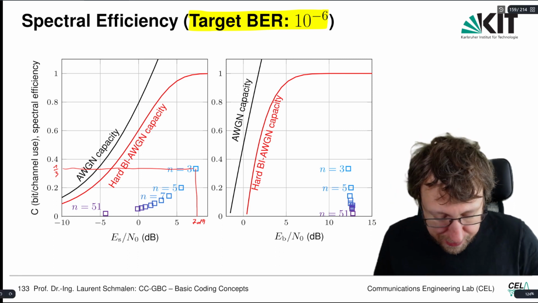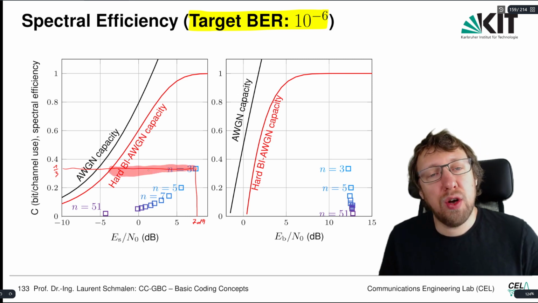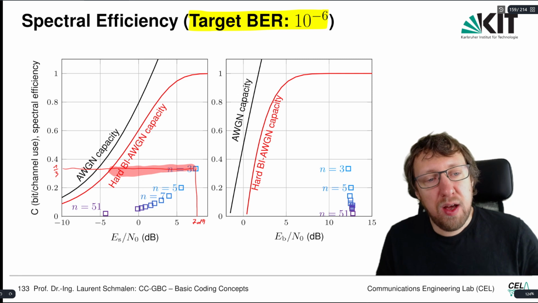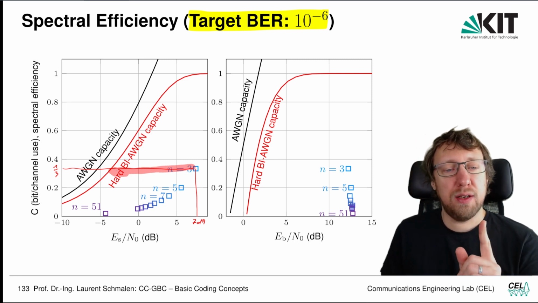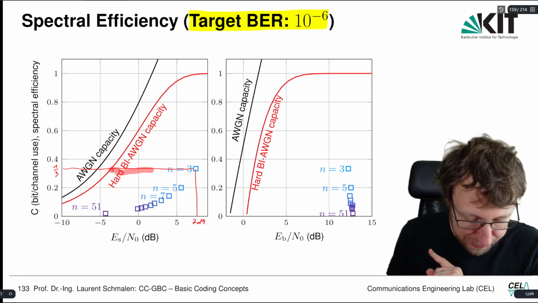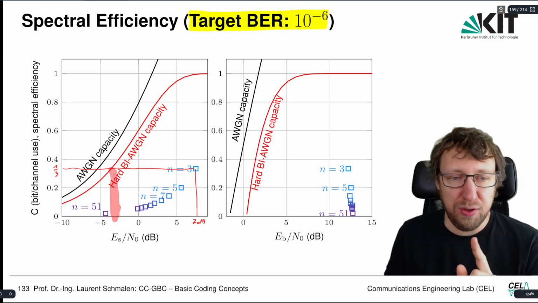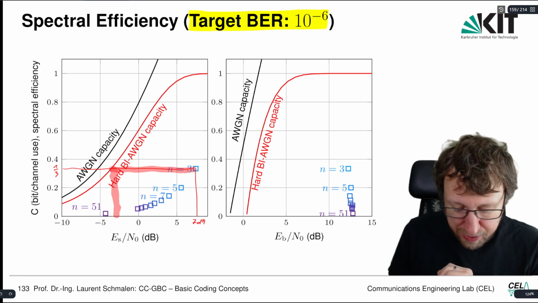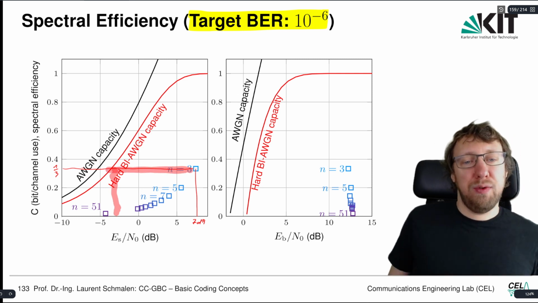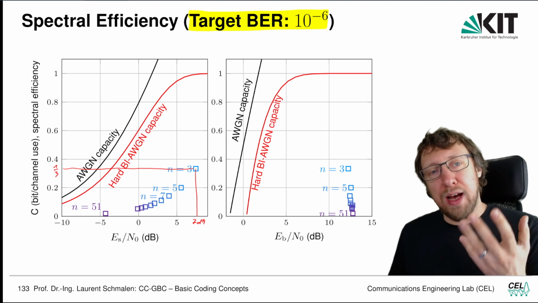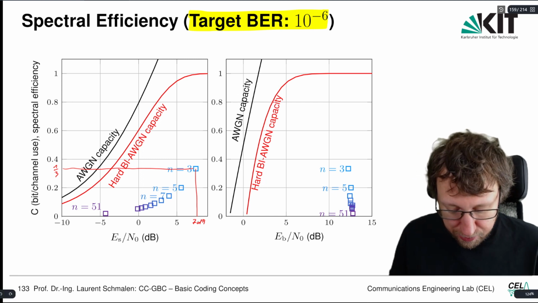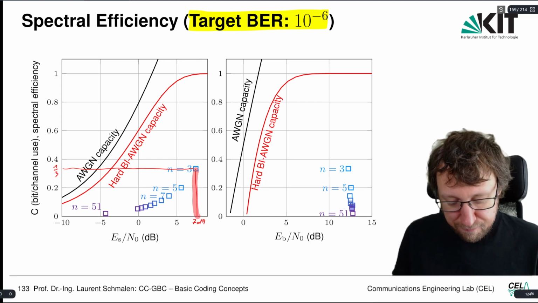So we can see that for a fixed rate, we have a signal to noise ratio penalty. A code of rate 1/3 could operate potentially at an Es/N0 of minus 4 dB if we have the best possible code. So there is a quite big signal to noise ratio penalty that we need to hit. On the other perspective, if we have a channel with a signal to noise ratio of 7 dB, then